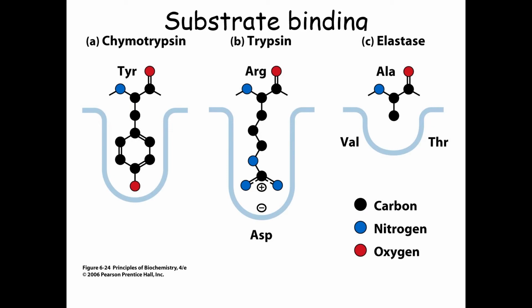The active sites of these different enzymes are different. You could picture that each has a different type of cavity. So, for example, in the enzyme chymotrypsin, you have an active site, in trypsin, a different active site, and in elastase, a different active site. In this diagram, what you're seeing in blue, black, and red represents not the enzyme, but the protein that's the